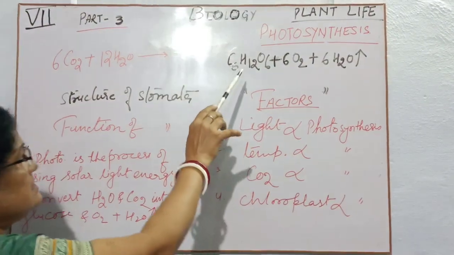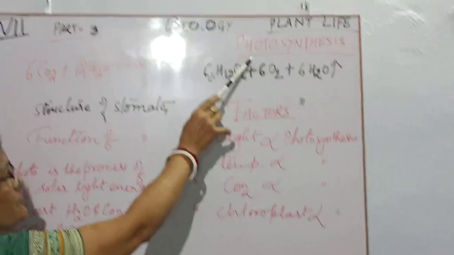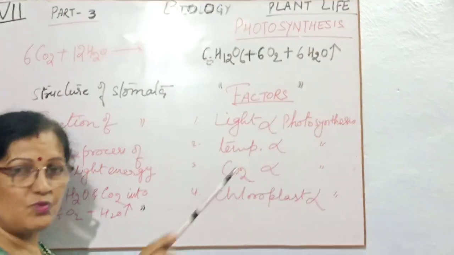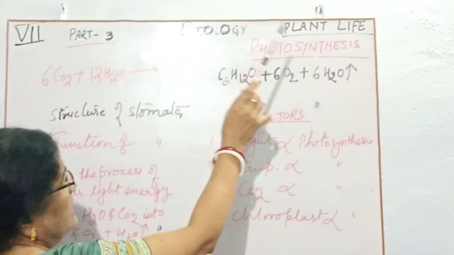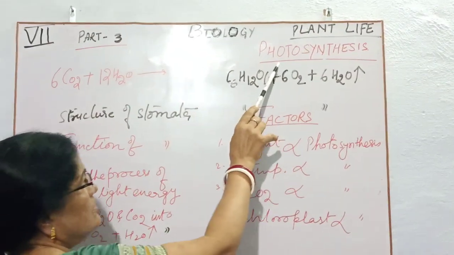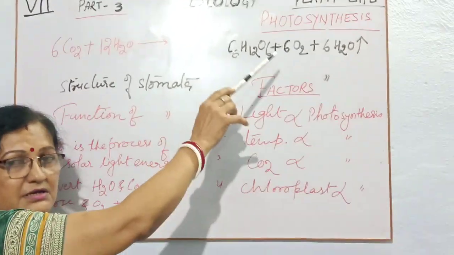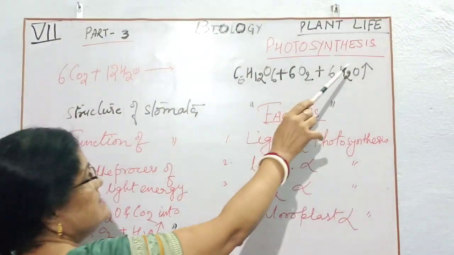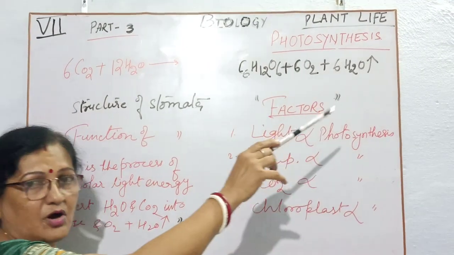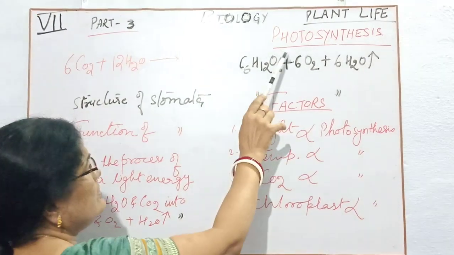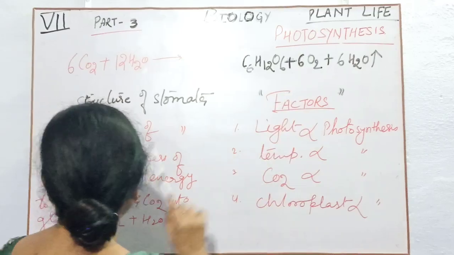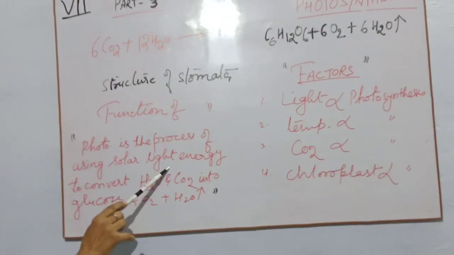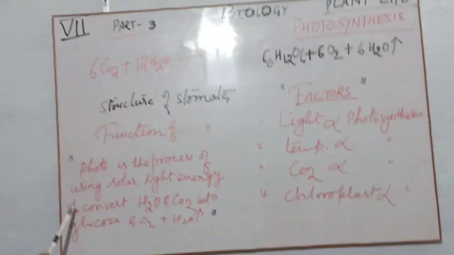Now children, you should understand that photosynthesis is made up of two words. First is photon and second is synthesize. Photon means the smallest particle of sunlight and synthesize means to build up or to make. So photosynthesis is the process of using solar light energy, or the energy of the sunlight, to